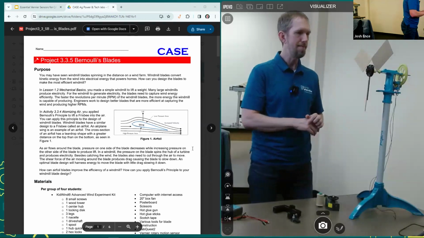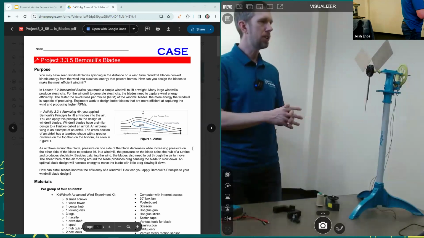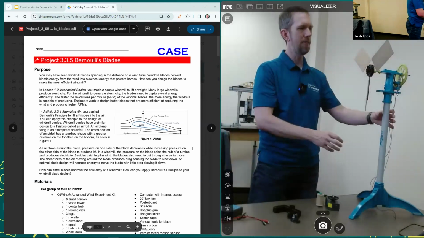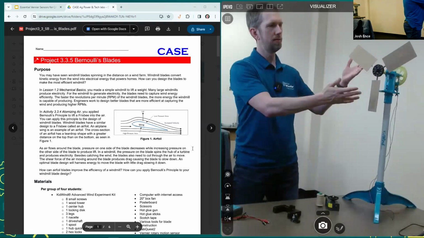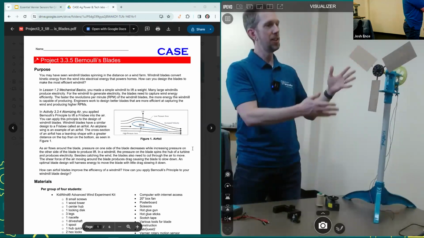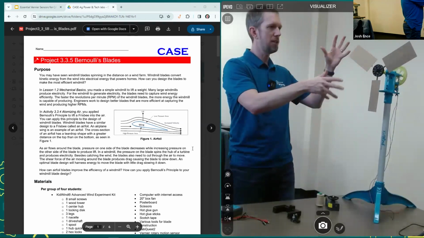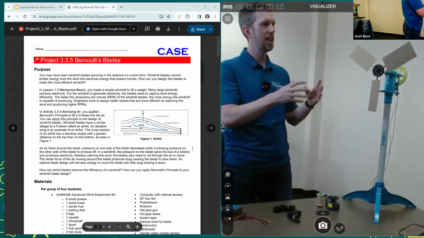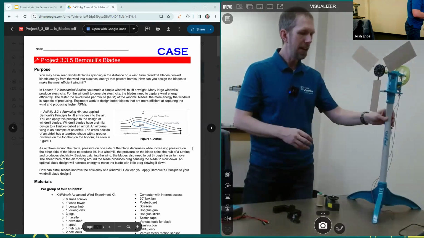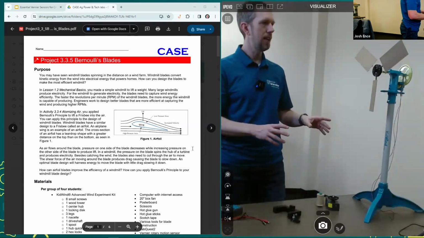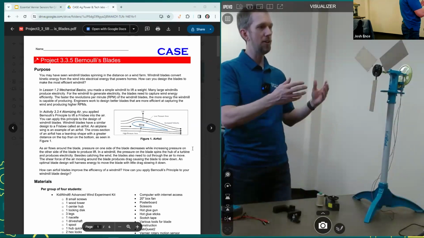And for the most part, students are going to be designing these blades. This is the most boring blade that you'd ever use, but this is where they usually start, and they might test it out, make some modifications, and see if they can't get more power out of it. The lab, as written, in order to measure the power output, actually uses